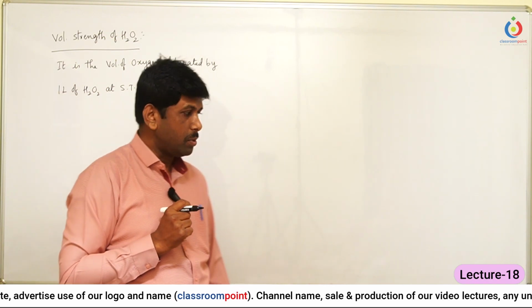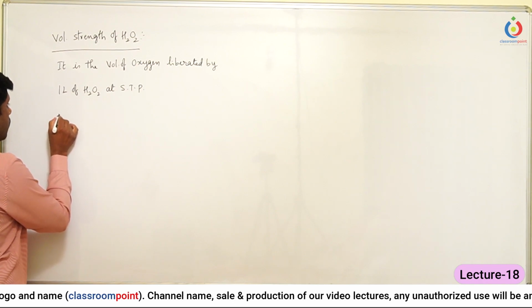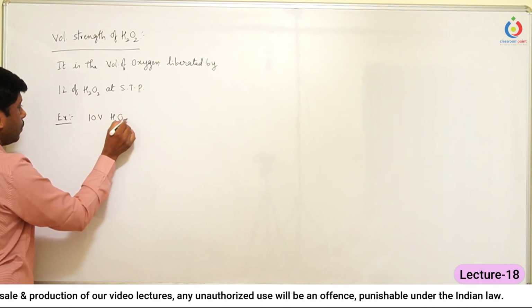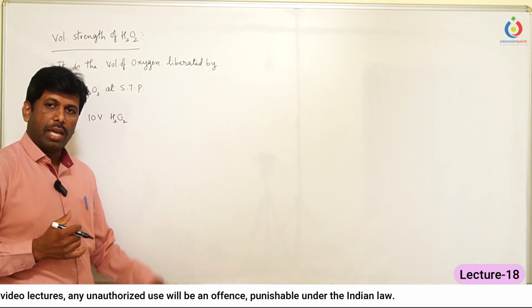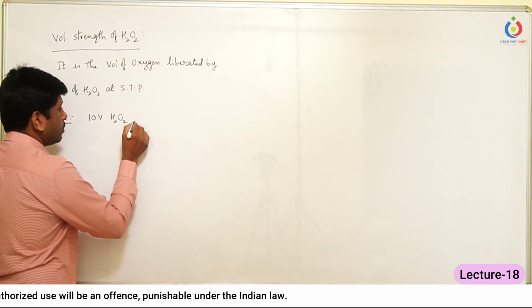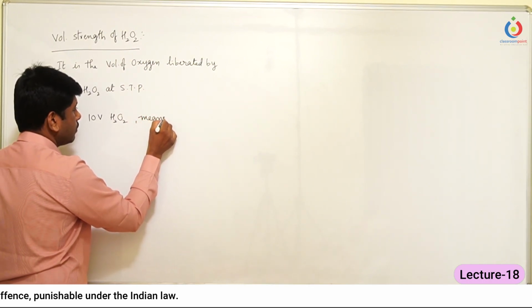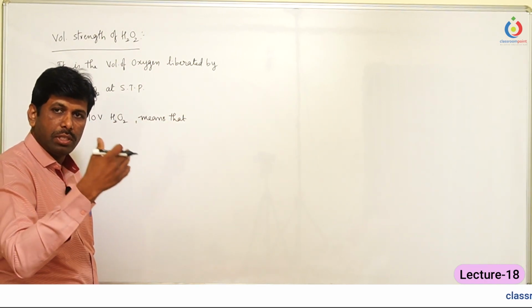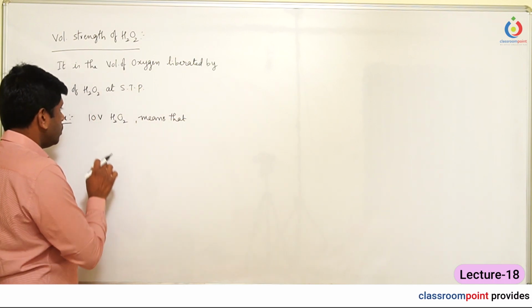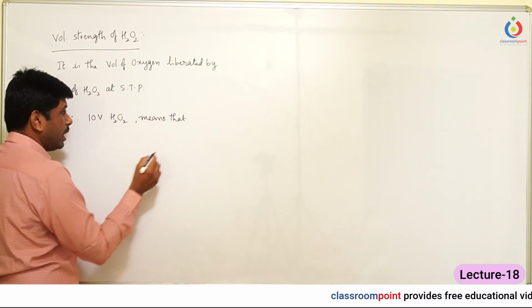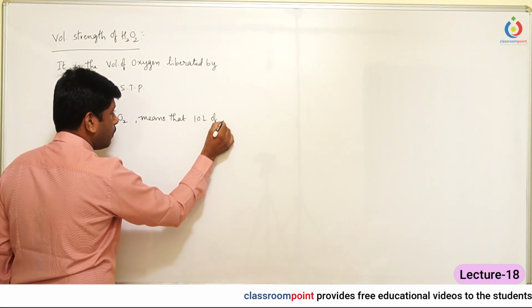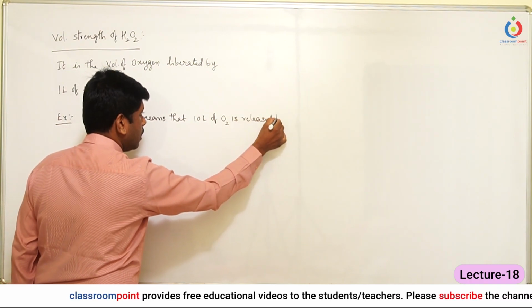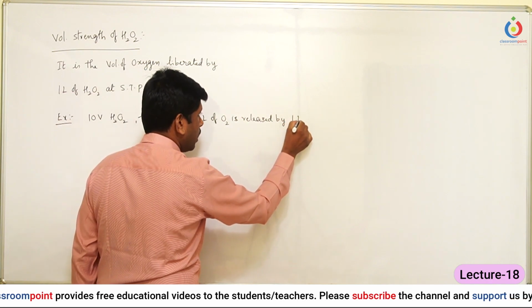Let us take some examples here. Imagine if any bottle is labeled 10 volumes of H2O2, 10V. This 10 stands for the volume of oxygen released by 1 liter of the H2O2. So 10 volumes of H2O2 means that 10 liters of O2 is released by 1 liter of